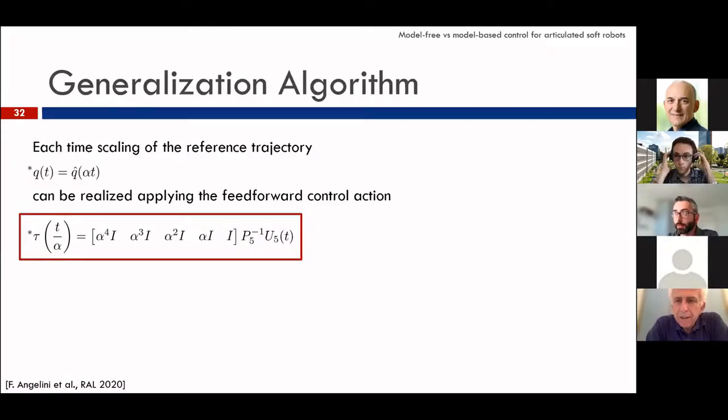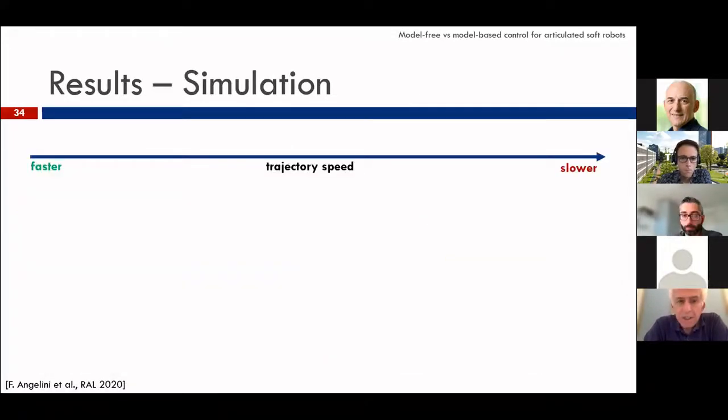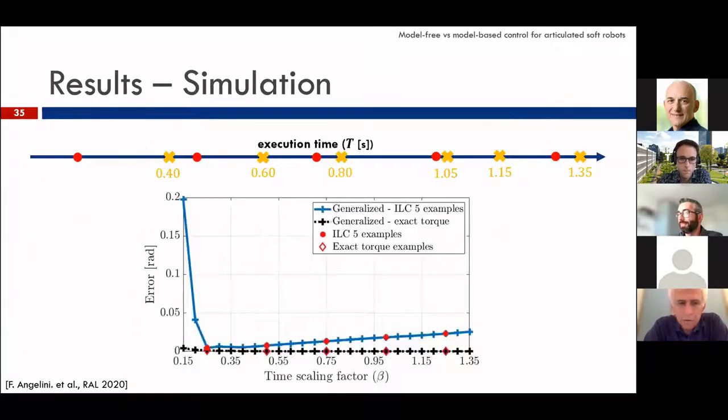The point is that the performance depends on the performance of the examples. So if the examples have a perfect tracking, then the generalization will also be a perfect tracking. The other question is on one of the latest slides. It's surprising that you have this non-monotonicity. Why is that of the convergence?